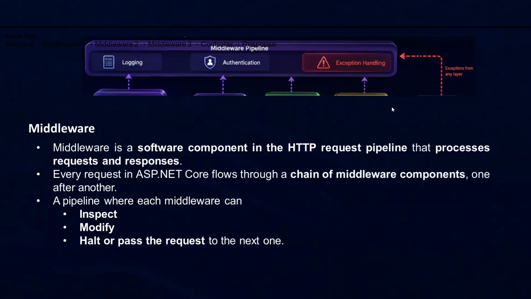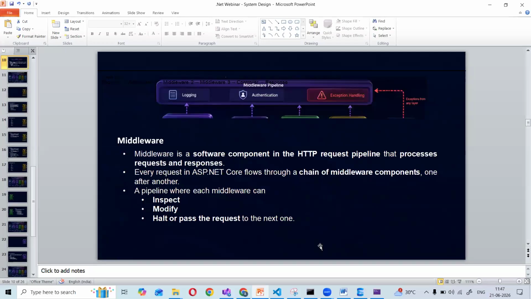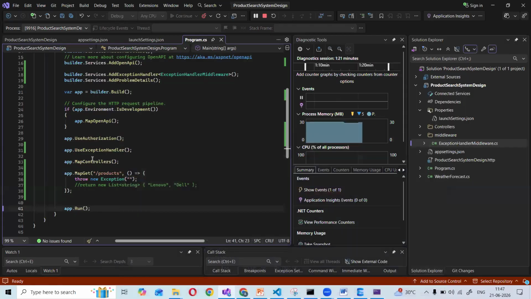No. In general, these middleware should be in a specific order, because in the sessions we have seen, one middleware will go to the next. So it is better to add this exception handler at the top. First, authenticate, authorize, logging, caching. So there is a specific order of the middlewares to be added. Here and there it is fine, but better to add the exception handler at the top. Middleware will follow the order list. I will give you the order list of all the middleware.